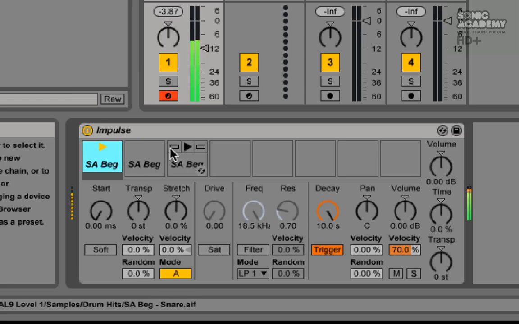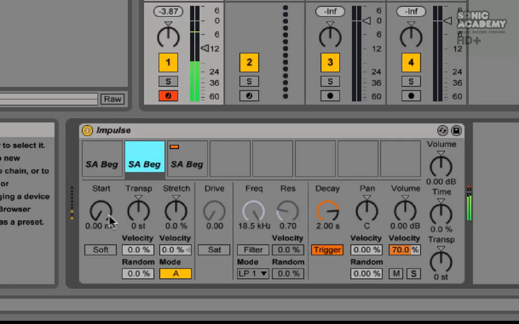And what I'm going to do is mute. So I'm going to click on mute on the snare. And we can just hear our clap sample. So if I click on our clap sample, what I'm going to do with this is shorten it to make it a wee bit snappier. So if I bring this decay time down